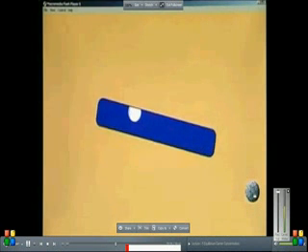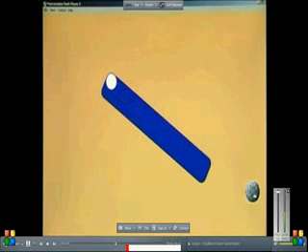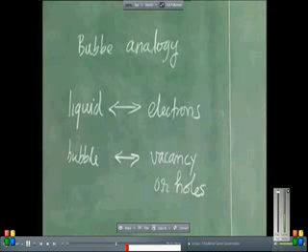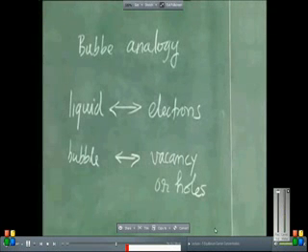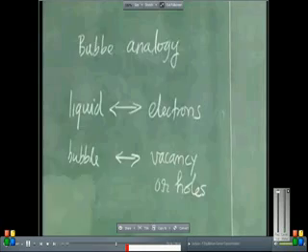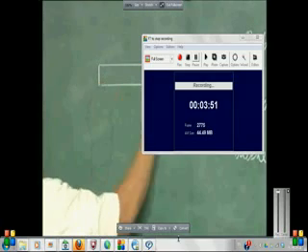Because of gravity, the liquid tends to move down. Okay? So what happens is, since there is a vacancy, the liquid tends to move into the vacancy. If there was no vacancy, even though there is presence of gravity, if the tube was full, if the entire tube was full of liquid,